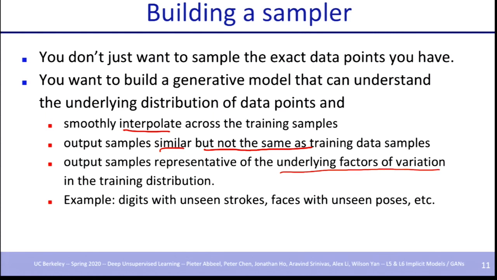An example would be a digit data set, and you might want to see another rendering of the same digit, but with different strokes, different thickness, thinner stroke, maybe shifted a little bit to the left or the right. A variation that might not be exactly in the training data would be better than just putting back out training data examples. For faces, you might have seen faces in different poses, but for some faces, you might not have seen a certain pose. If it can generate that pose also, it means it understands something more about the underlying distribution, and that's what we're after.